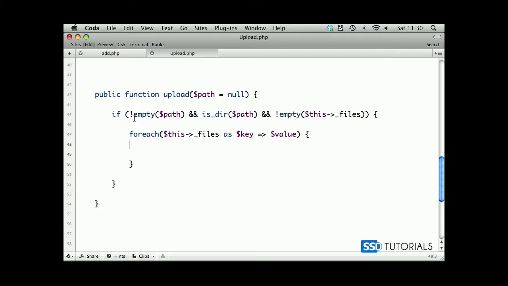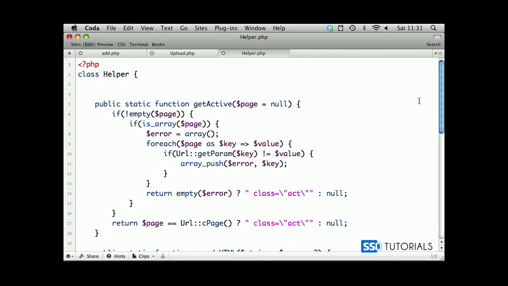Okay, first thing we need to do is check the name of the file, if it doesn't contain any spaces, apostrophes, or in other words, any illegal characters for the file name. So name variable equals helper clean string, and we pass in value and name index to it. Okay, so if we open our helper class,